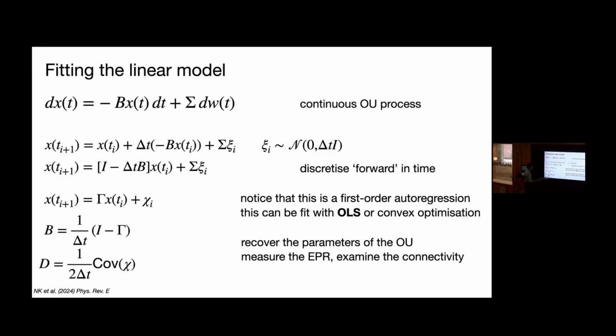There are some things that are difficult to fit. So, for example, if you want to say, I want B to be stable, so I want it to be a steady state, that's not convex. You can't do that. But as long as you keep the constraints convex, you can put all kinds of assumptions into this, and it's still easy to fit. And then basically, it's very easy to recover from the AR1 your B and D matrices. So we did this,